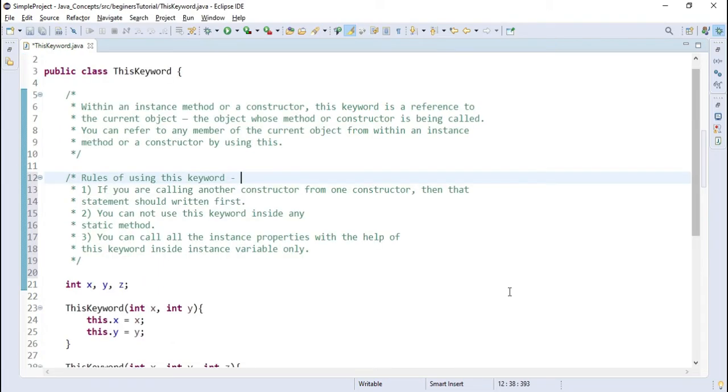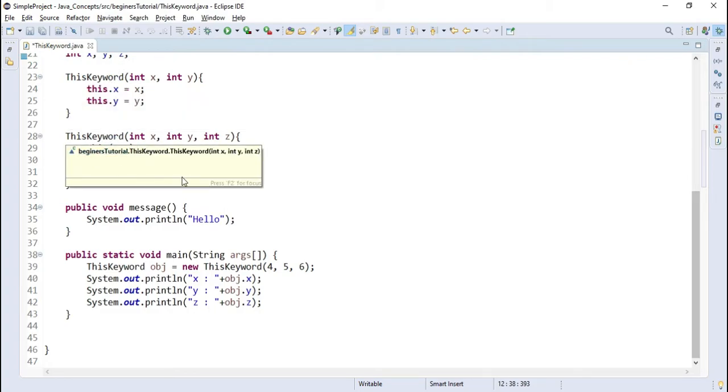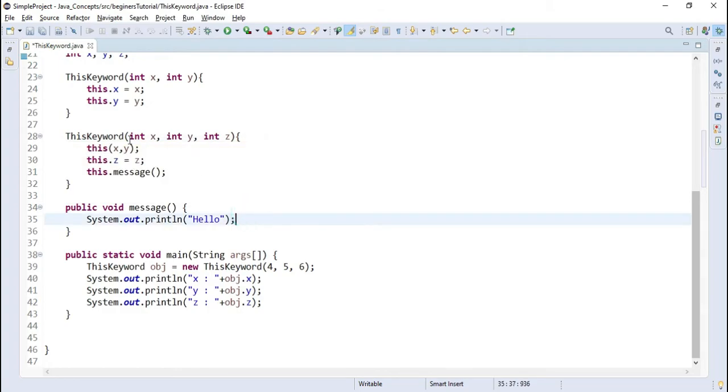Now we will discuss a few rules which you should take care of while using this keyword in programming. The first rule is, if you are calling another constructor from one constructor, then that statement should be written first. So let's check. It means if you are calling this constructor from this constructor, then it should be called at the first line.